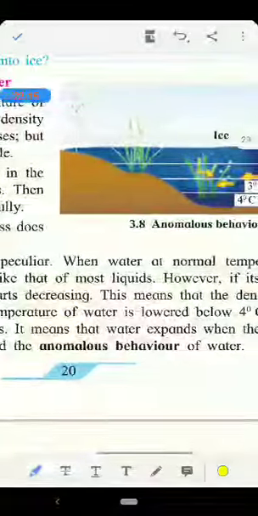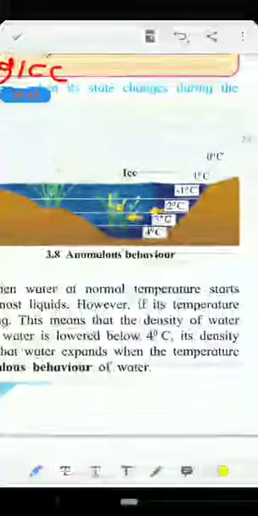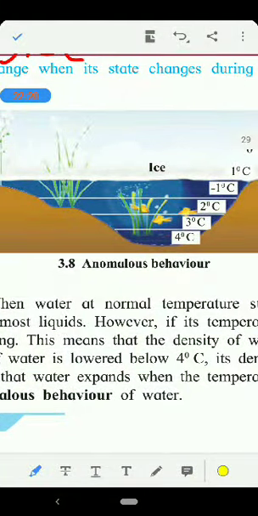So what will happen with the water? As with a normal substance, the density of water will also increase and the volume will decrease. See, the density of water is peculiar. The word peculiar means special, not a normal one. Okay, the density of water will be peculiar. It's also asked when filling in the blanks, so you can mark it here itself.